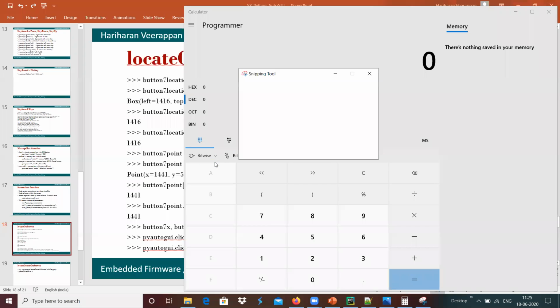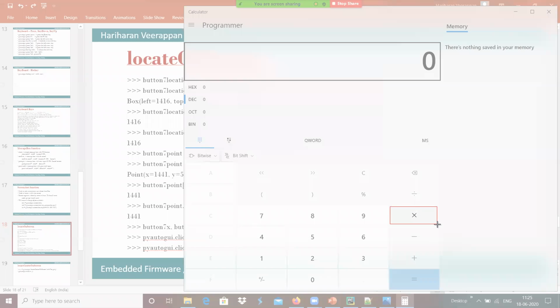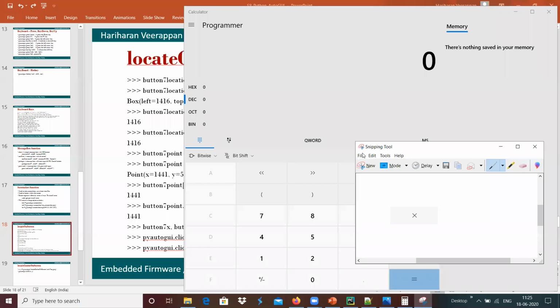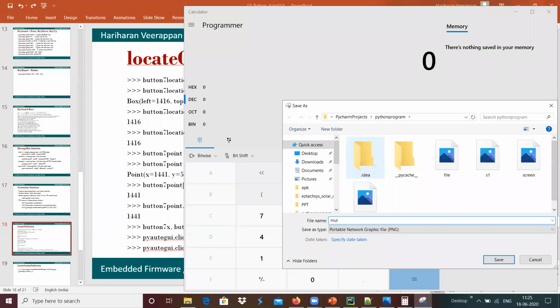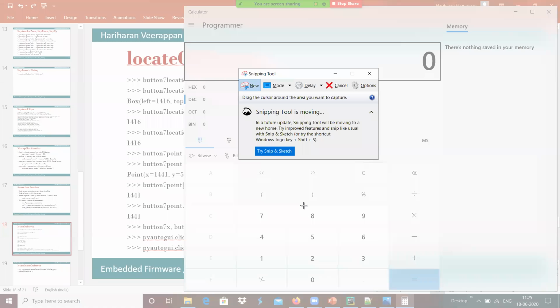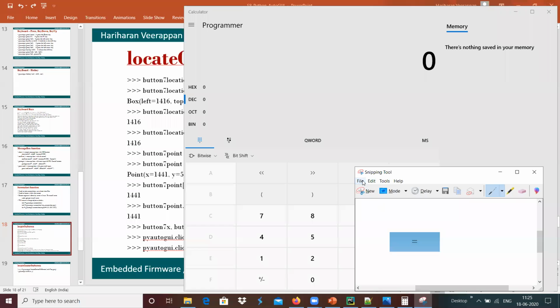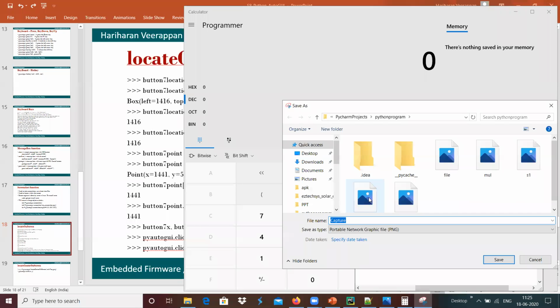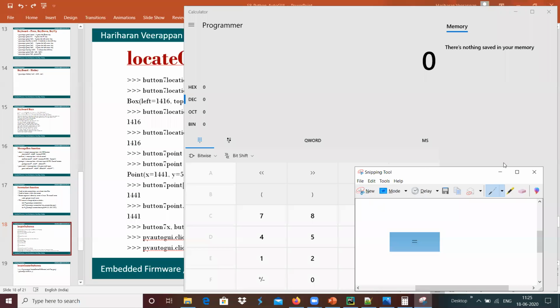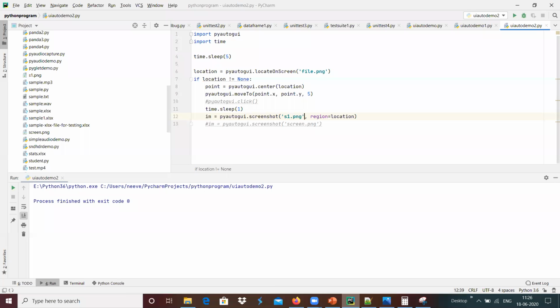And I'm going to use a new one, 7 multiplied over here, file save as multiply.png. And a new one, maybe I'm going to use the same 7 and create equals over here, file save as equal.png over here. Now we can run our program something like this.